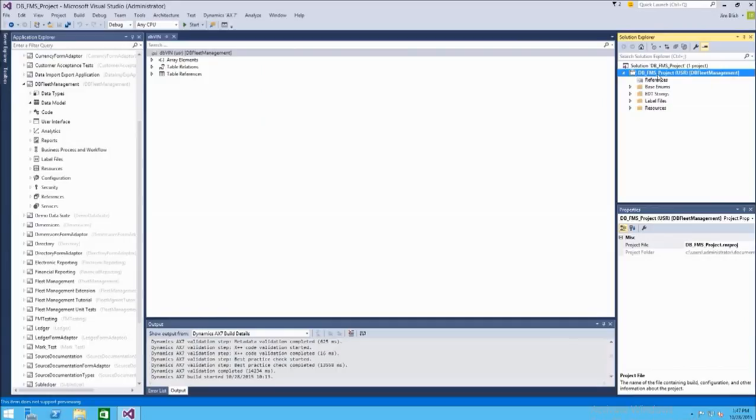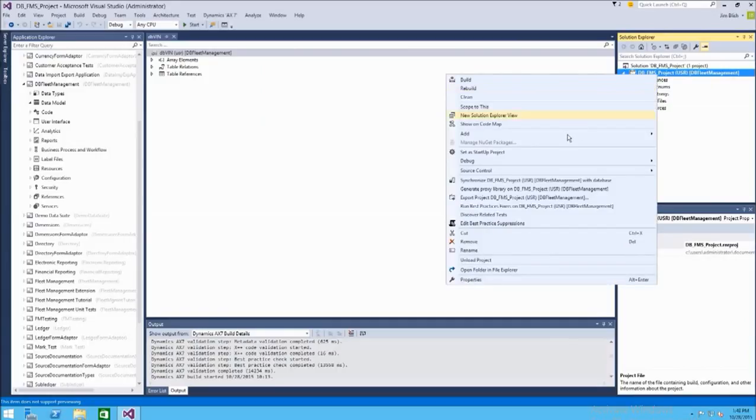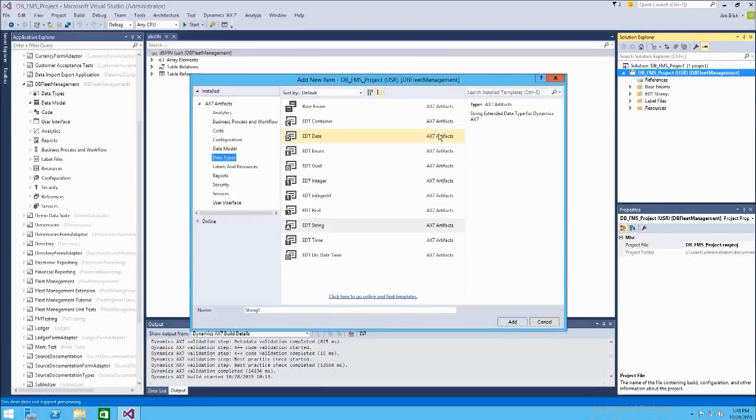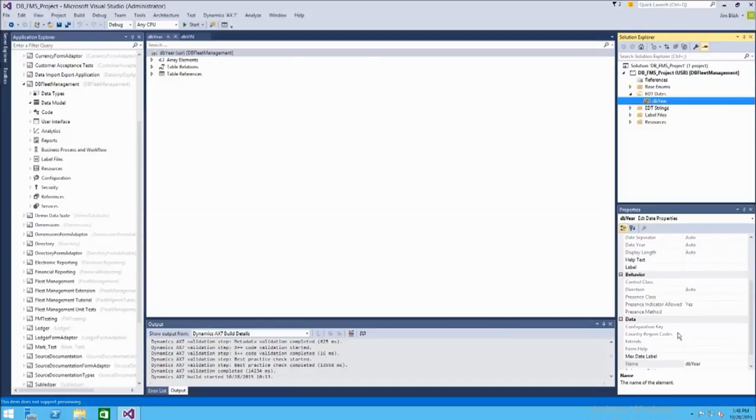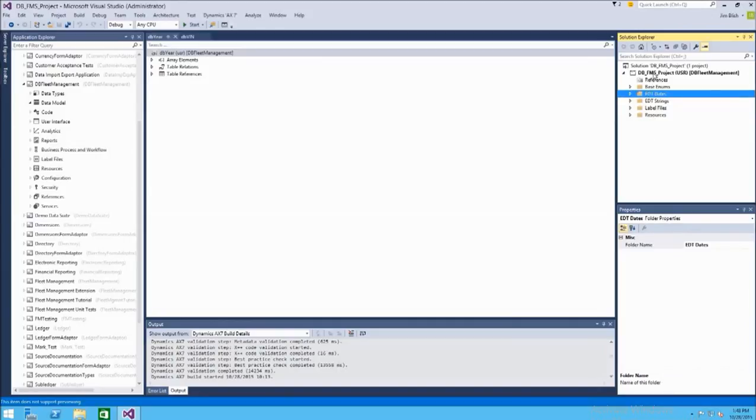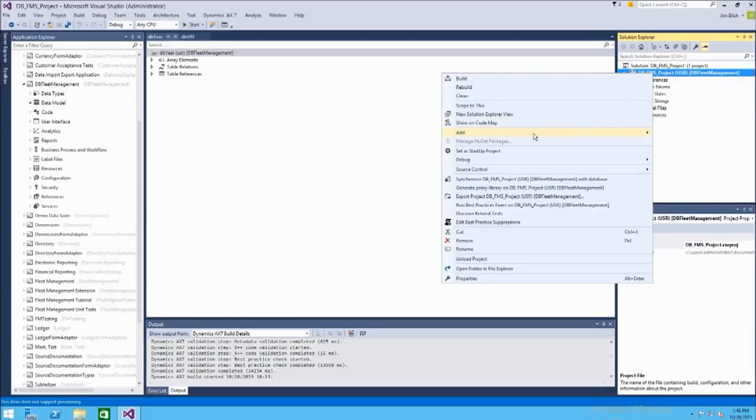We'll repeat the process by right-clicking our project, going to Add and New Item. This time, let's create an EDT of type date, and we'll use this as a field to represent the year that a vehicle was made. So we'll call this dbYear, and we'll choose Add. It makes a new folder since this is an EDT of type date. We can see our element in there, and we can set properties on that again. But let's continue making the rest of our EDTs first. So we'll repeat again,